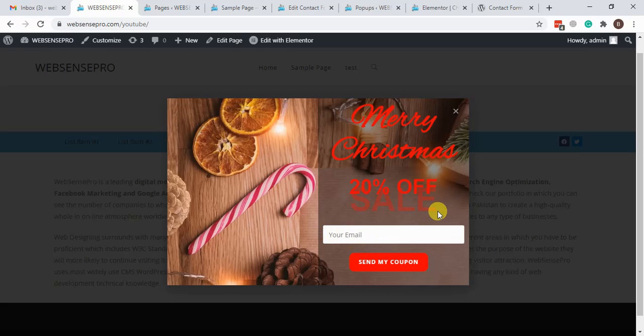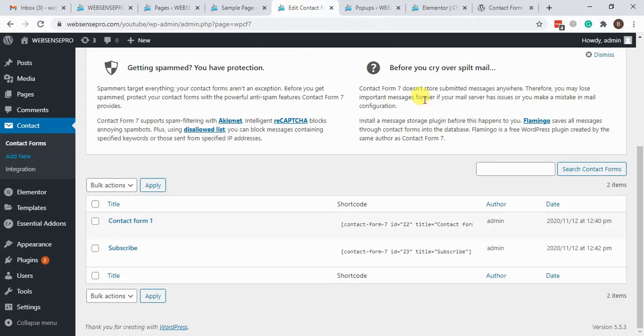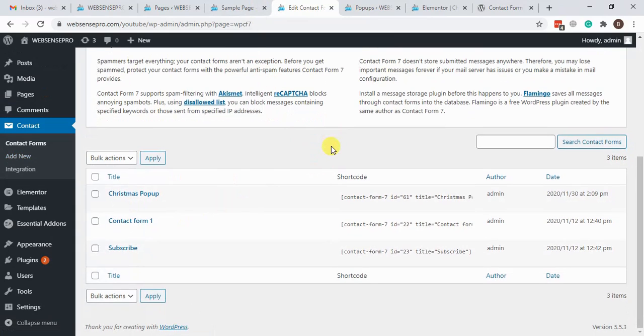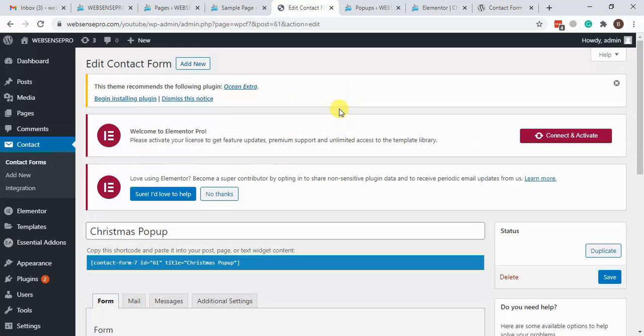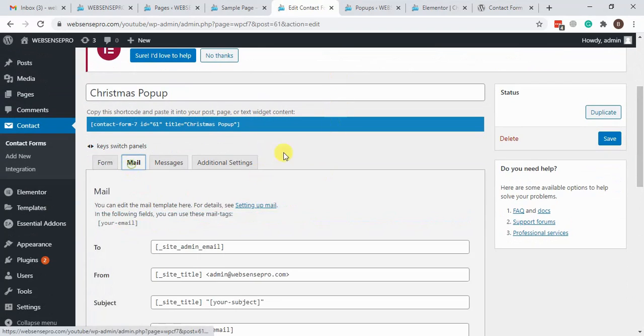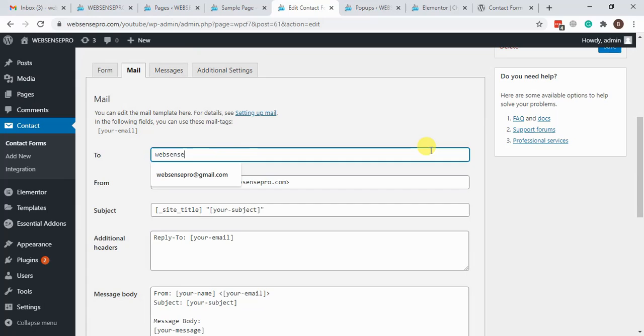In order to do that, we will need to set up a response email in Contact Form 7. Now let's go back to our Contact Form 7. Hold on, we created a new one, I guess. Let's refresh the page. Here we go. That's the Christmas pop-up contact form. I'm gonna add a form. Add the email as websmithpro@gmail.com. So I'll get the emails at this address, whoever fills up the pop-up,